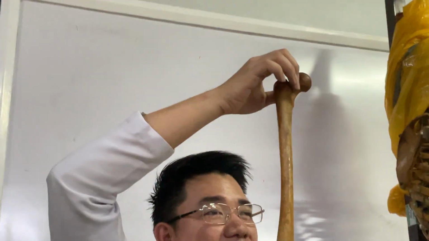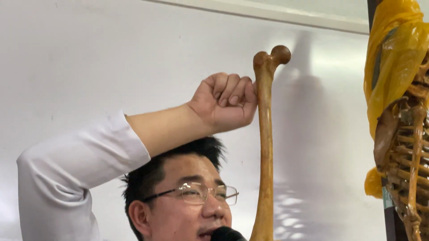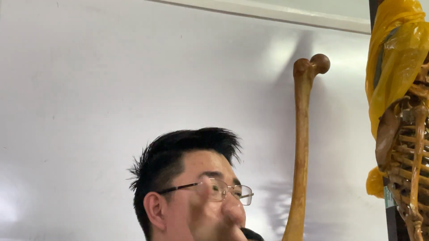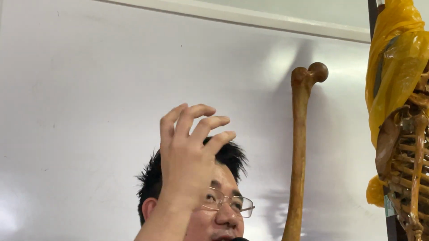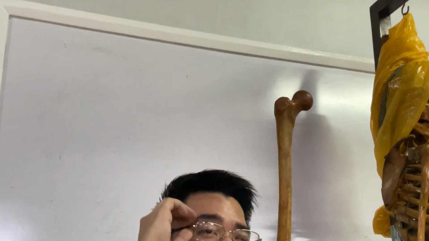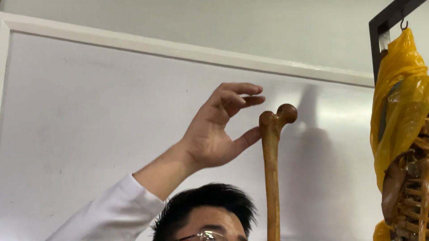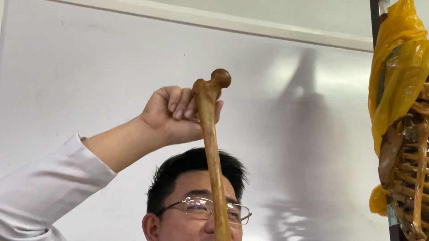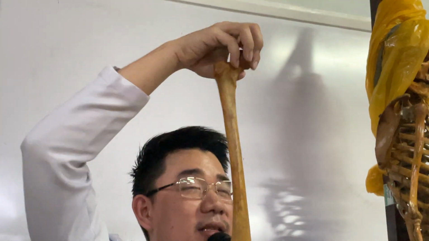So why is it known as a surgical neck? Because the majority of the fractures of the femur, specifically if there's a fall on the hip, will immediately fracture here, especially for elderly or those with osteopenia or osteoporosis. Osteopenia meaning lower calcium in the body, so there's a lower bone density, prone to fracture. Osteoporosis meaning there's really a derangement in the calcium and the bone formation. So this becomes fractured first. It's known as surgical because once it's fractured, this gets taken off.